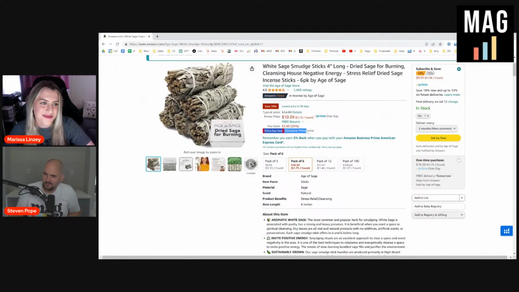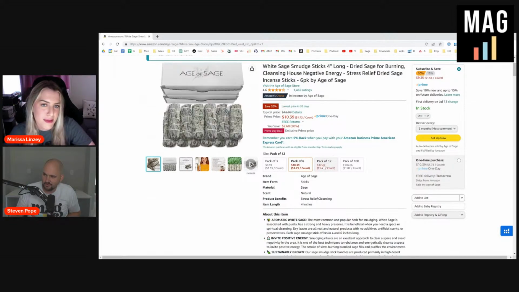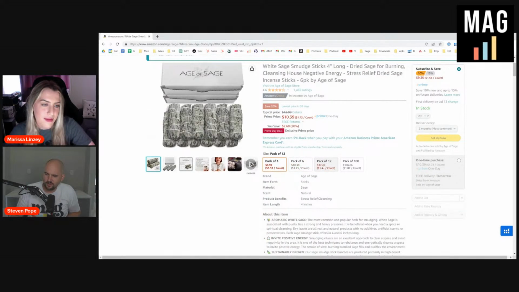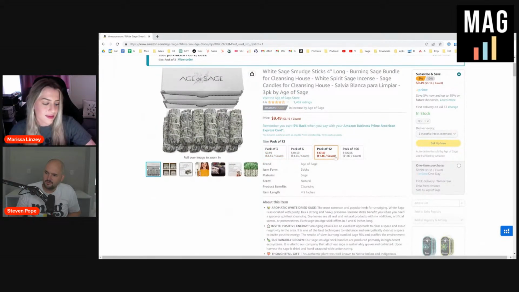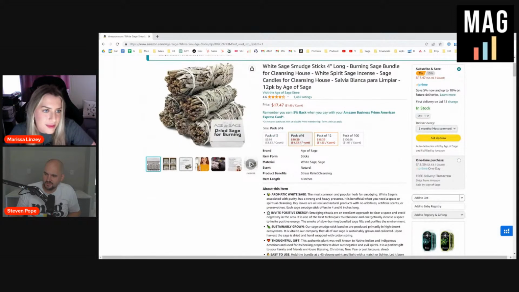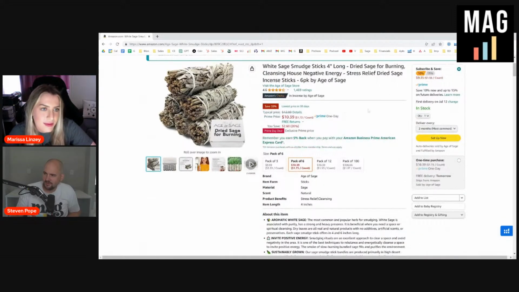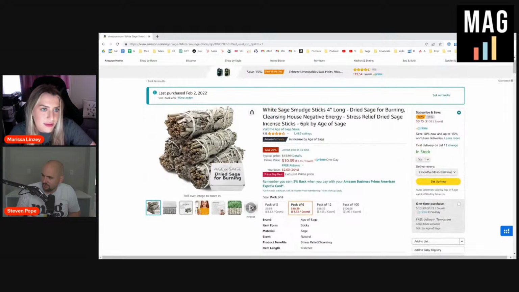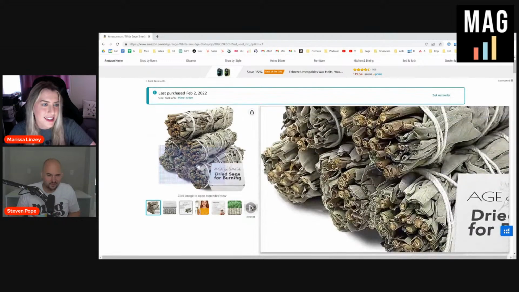But here's what a Prime Day deal looks like right now. Prime exclusive discount, 20% lower, lowest in 30 days. You can see all that there. Maybe we didn't run it on the 3-pack. Let's see if the 12-pack has it. Nope. So 6-pack's where it's at right now. So if you want to get a discount on that, that's what you do. You got the one-time purchase or the subscribe and save. You can see the difference here. And I honestly have no idea if you buy the subscribe and save when it's on discount, when it goes up, does the subscribe and save price go up? I kind of bet it does. So it's probably a little deceiving.